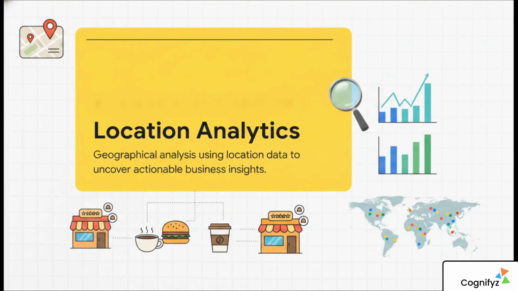Task 4 is location-based analysis. For this one, we step away from predictive modeling for a moment and dive deep into geographical analytics. Using the latitude and longitude data, you'll analyze restaurant distribution, run city-wise analysis, and spot average ratings and cuisine trends across different locations. You'll compare prices and lean heavily into